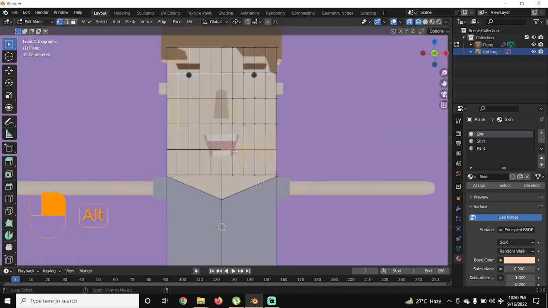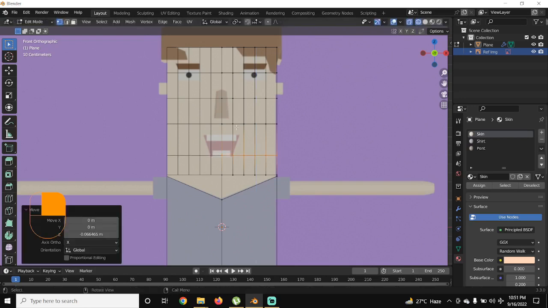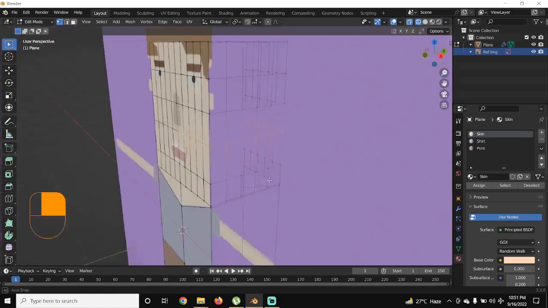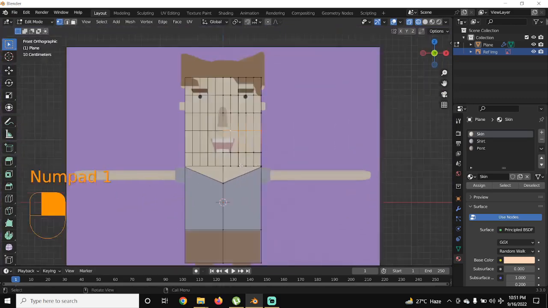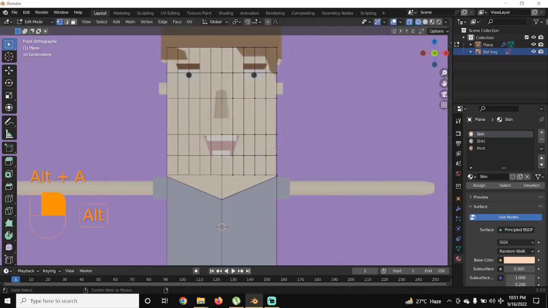So I will select this line by pressing Alt and then the left mouse button, and then press G and then Z and move it below your mouth. Then press Alt plus A to deselect everything, and select by pressing Alt. You have to select these, hold the line, then press 1 and then press G and then Z and place it to the top of your character's mouth,